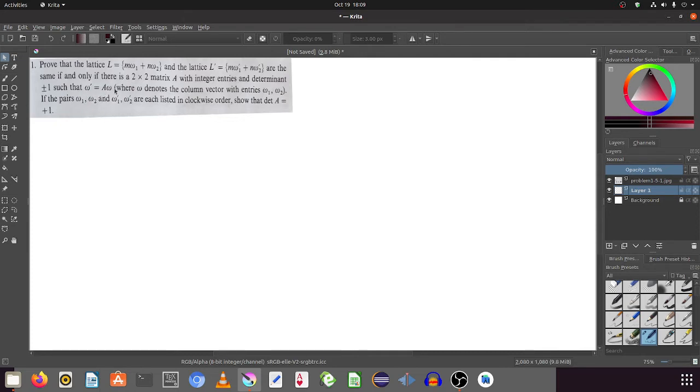So we just have to show that this relation holds, which also sounds eminently likely. But it's the column vector with entries. Okay, so